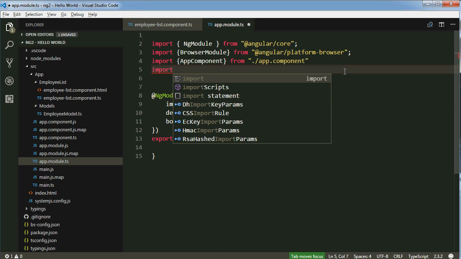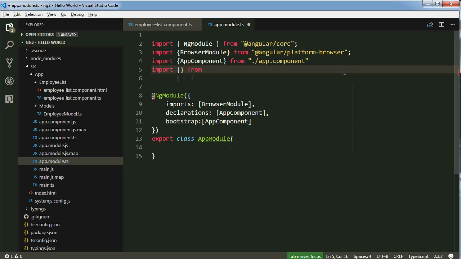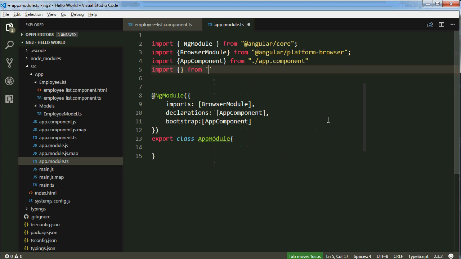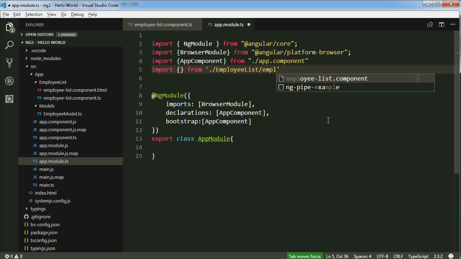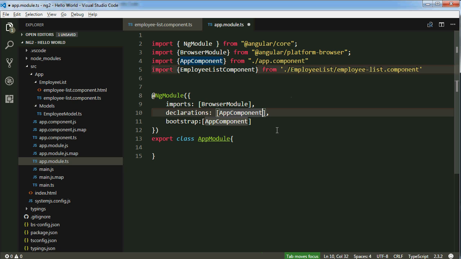I will import from the employee list folder, employee list component. So from here I will import employee list component and then I will add it here in the declarations. Okay,